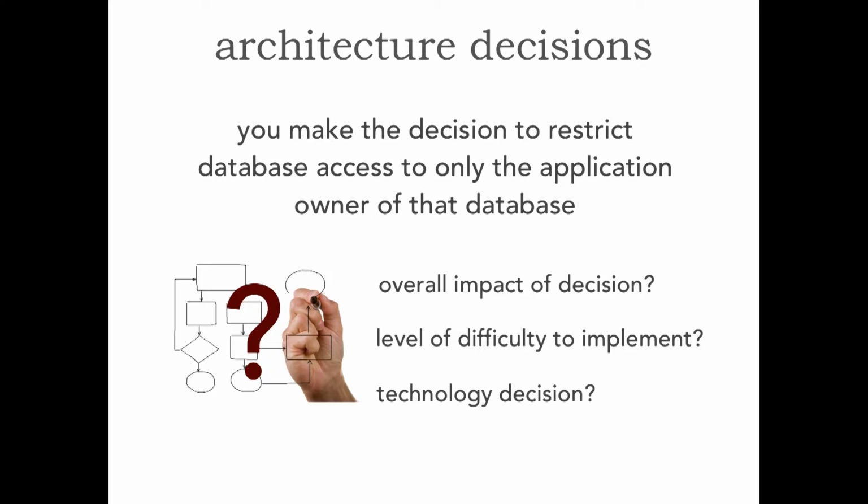And is this a technology decision? No, of course not. This really has to do with components and their responsibilities and access allowances. So in fact, this is an architecture decision, but you can kind of see the impact. The second one we talked about, restricting layers to persistence, was limited to applications. This is more of a system-wide type of architecture decision. So hopefully this has given you, just in these 4 exercises, an appreciation for what really is an architecture decision